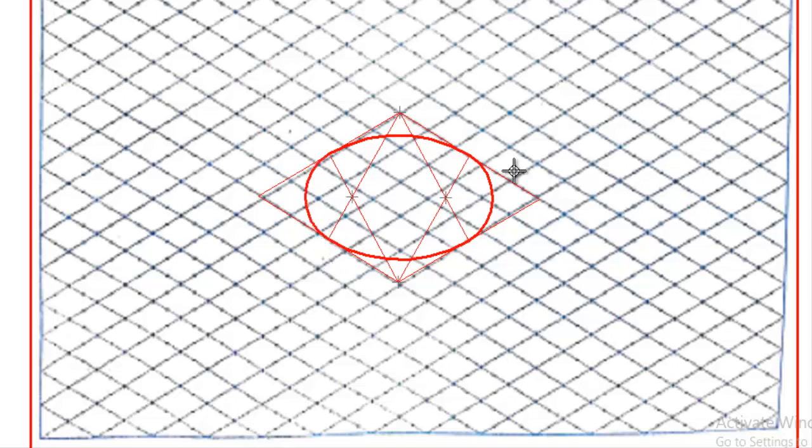So like this we have to draw the arc. After drawing the arc, you can delete these lines, and now we need to get the midpoint. To get the midpoints, you can either draw the diagonal lines or midpoints. So you can draw the diagonal line from here to here, and from top to bottom you draw the diagonal line, and this is the midpoint.